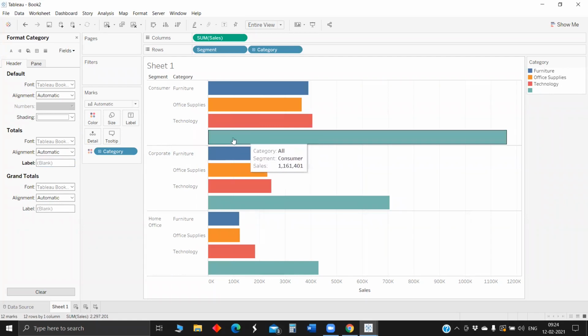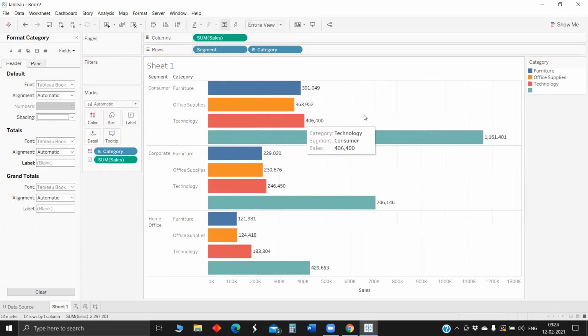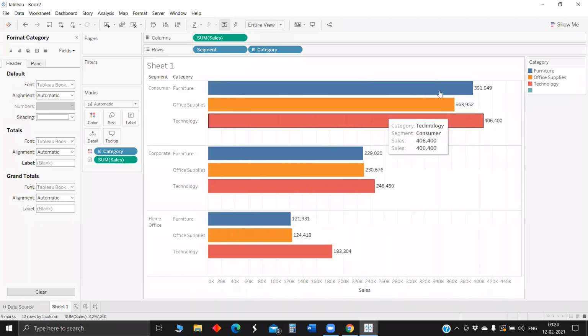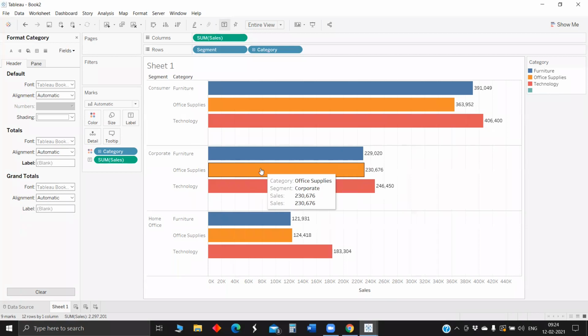Now we have to see how to remove this stacked bar. Before that we will add the labels to all the other ones. So the only thing left is how to hide these total bars. For that, go near the bar and right click on it. Left click on the bar, and you will see a window here, and on the right side of Automatic we have a drop down. If you click there and choose Hide, it will be hidden. Now this is what we wanted to achieve. Though totals and subtotals are not meant for this, we can use this feature to achieve what we want. Any doubts on this?